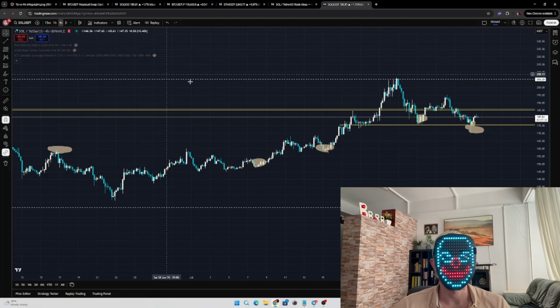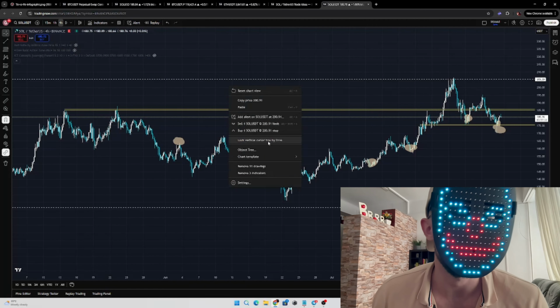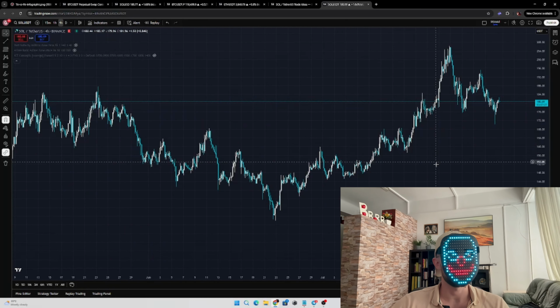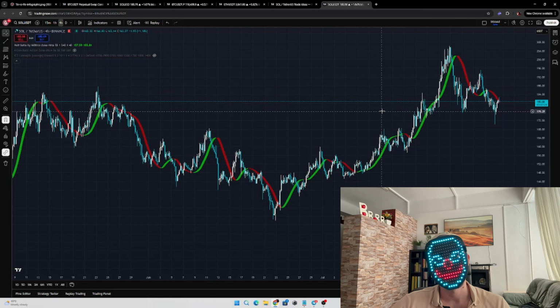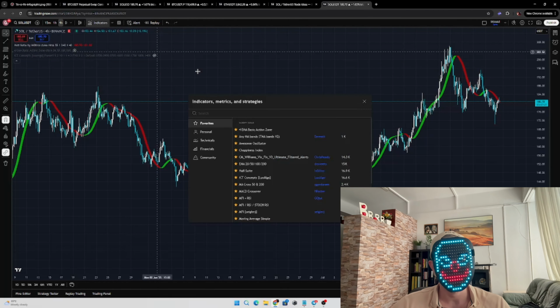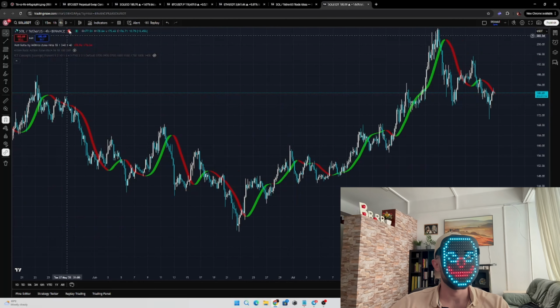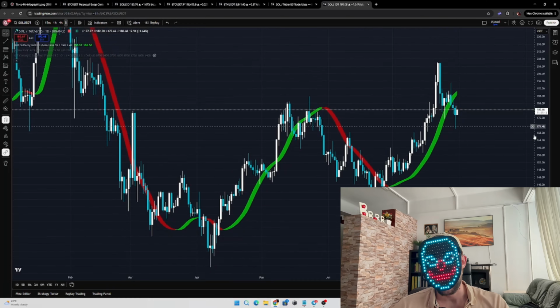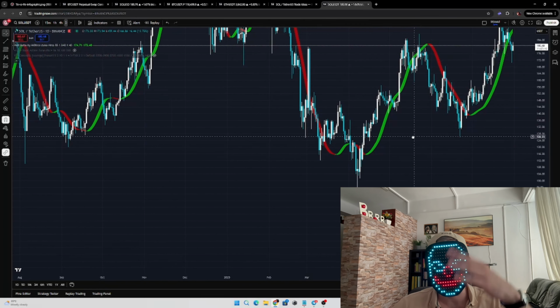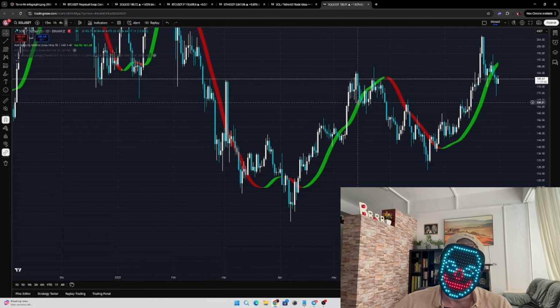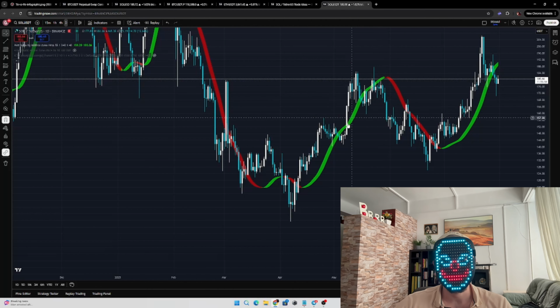Last but not least, an important indicator which can make you good money. Okay, if you're already watching so long, I guess you deserve this big bonus. Whole suit. You can find it in the indicators here. How I use it, so pay attention now. Let's take a daily. Okay? How I use this: it shows the trend. Right? So if it's green, it's a green trend. But I use it for trend reversal. Okay? So pay attention. Once the green band goes through the candles and it gets accepted here,